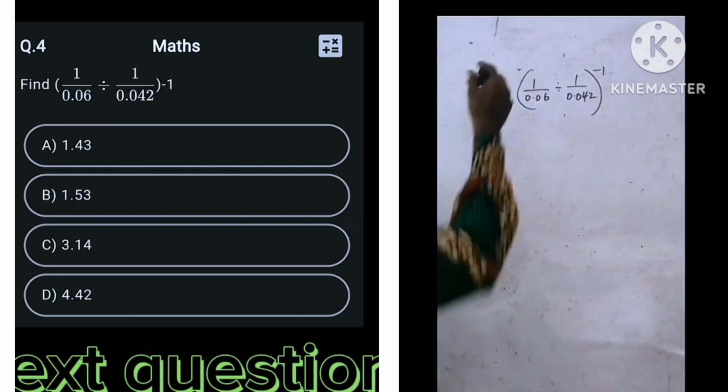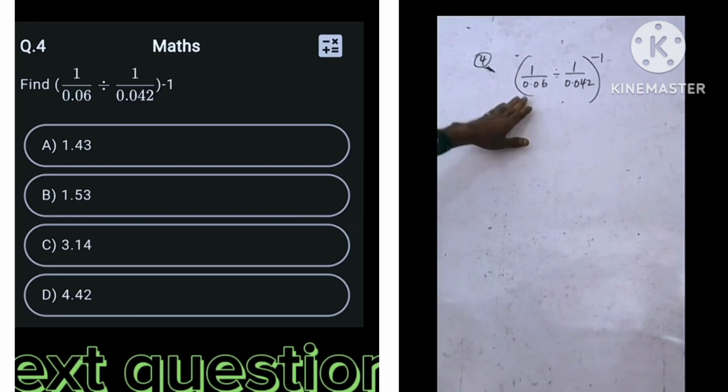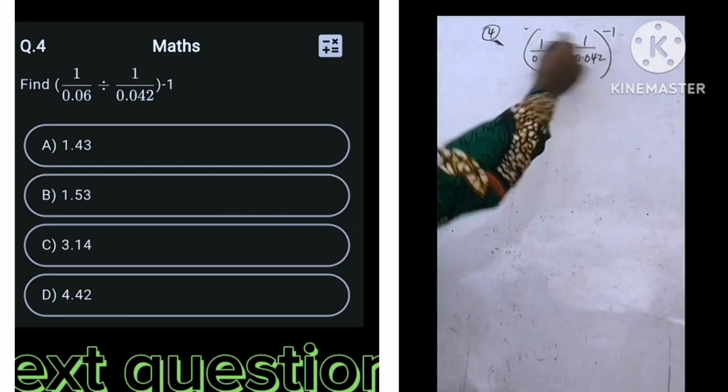Now, this is the next question, which is question number 4. This question is under standard form. So at this point, this thing means,